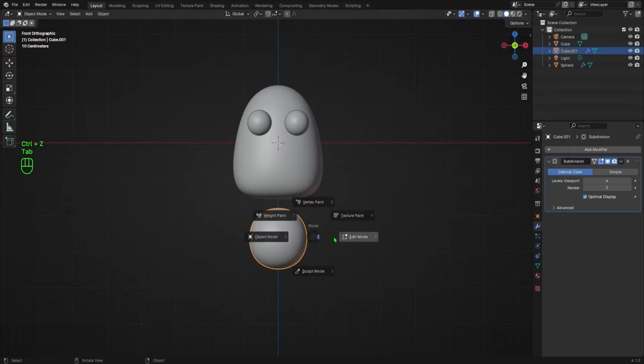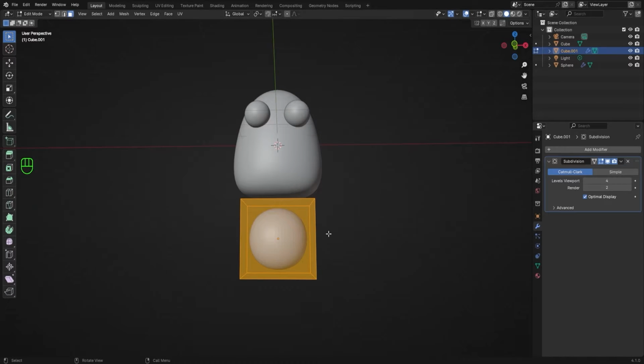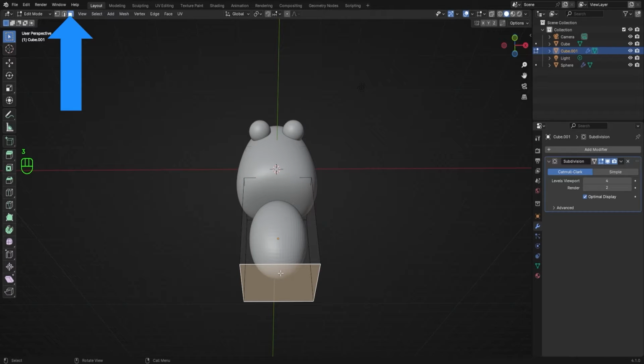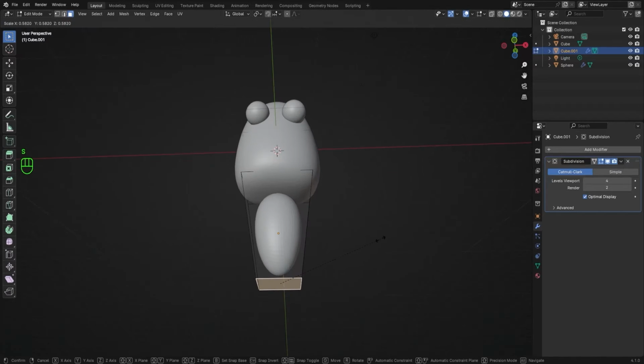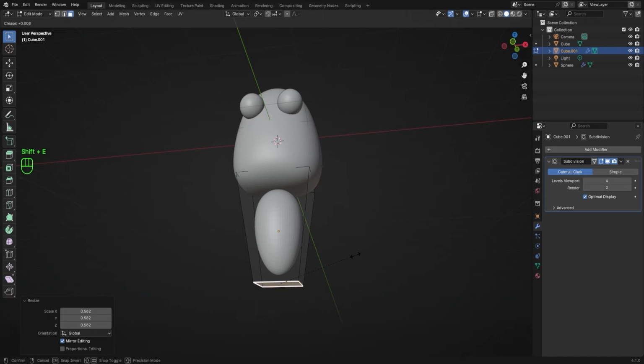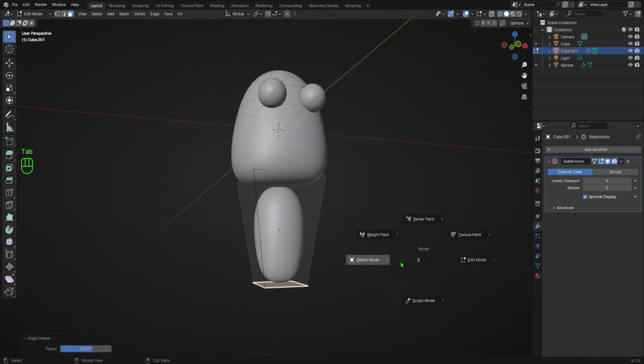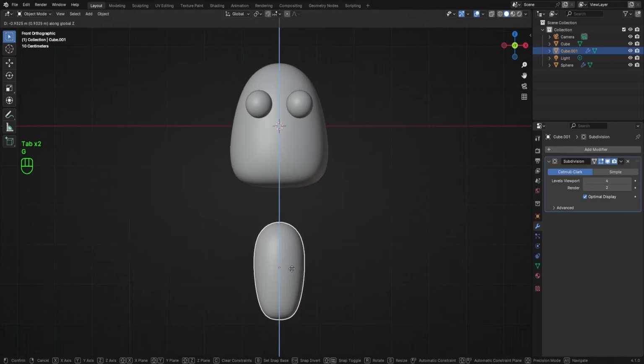I'll hold tab and go back into edit mode, hit S followed by Z to scale my leg vertically. Then just as before, I'll make sure I'm in face select mode, and I'll select the bottom face and scale it down a little. I'll hit Shift E to crease the bottom of the leg and make it just a tiny bit more square. I'll tab back into object mode, hit G to move my leg down a little so